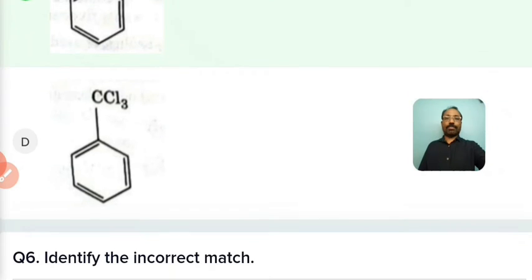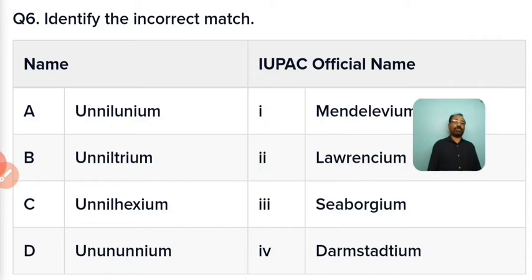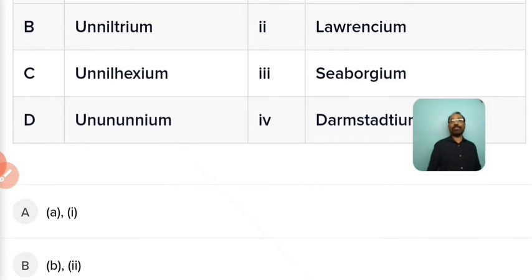Next, you observe the question number 6. Identify the incorrect match. So in the column A and column B, in these two columns, they give the IUPAC system nomenclature and general name. Here, first A is unnilunium, that means 101. So this 101 element is Mendelevium, that is the right statement, and unniltrium, that is a 103 element Lawrencium, and unnilhexium, that is 106 element Seaborgium, and